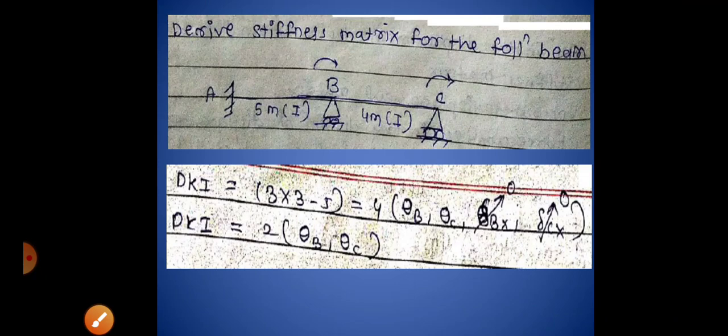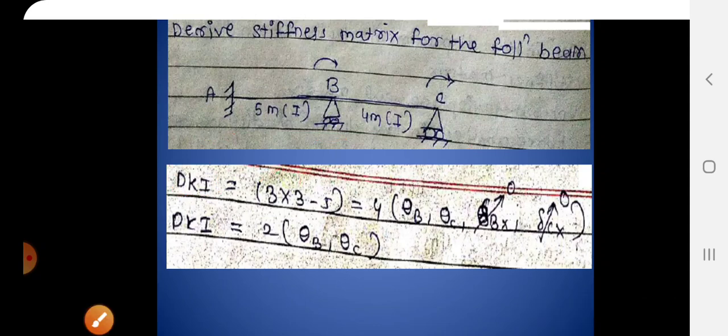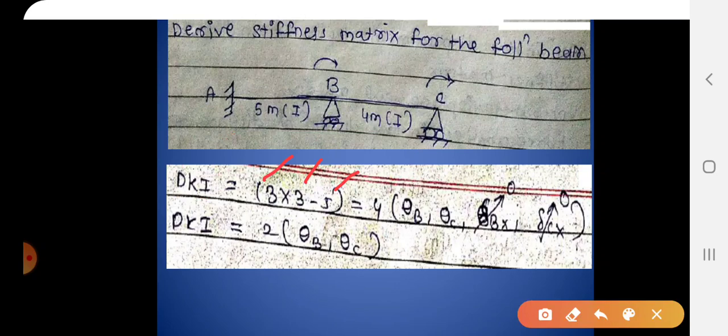Then we will go to the second example, and here we have different span values. A is again a fixed support, B is a roller intermediate, and C is an end roller support. Again, step 1 is the degree of kinematic indeterminacy: number of degrees of freedom times number of joints minus support reactions, as in the last example. It is 4, and neglecting delta Bx and delta Cx, we have the degree of kinematic indeterminacy as 2, which is rotation at B and rotation at C. So these are the two unknowns, the redundants.